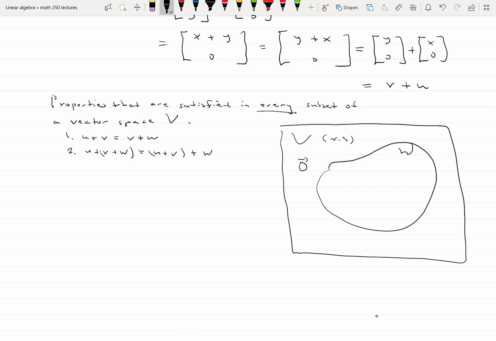Is the 0 vector outside of the subset? Is the 0 vector out here, or is it in here? I didn't mention any kind of restrictions on the subset of a vector space. Is the 0 vector in the subset? If it's not in there, property 3 won't hold. If it is, then property 3 holds. It isn't automatically satisfied that the 0 vector is in every subset of a vector space. If you're not sure about what I just said,